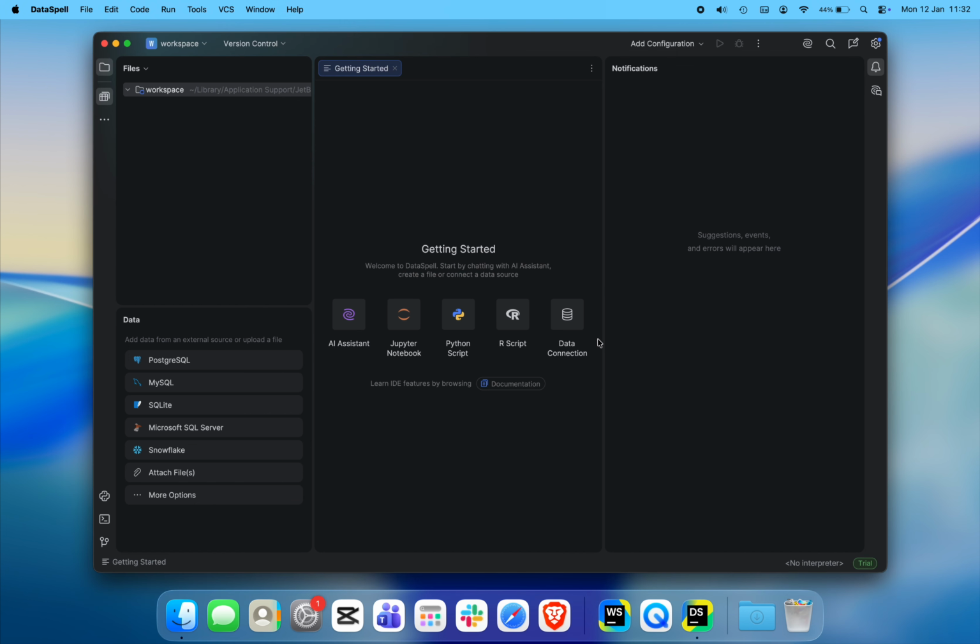And that's it. DataSpell is now installed on your Mac, and you're ready to explore data, work with Jupyter Notebooks,